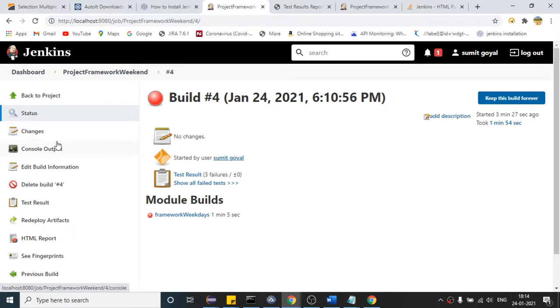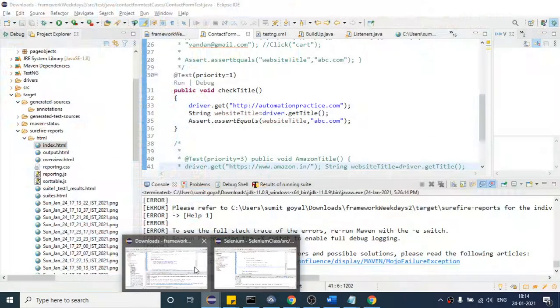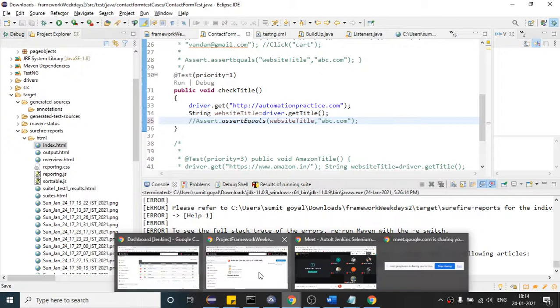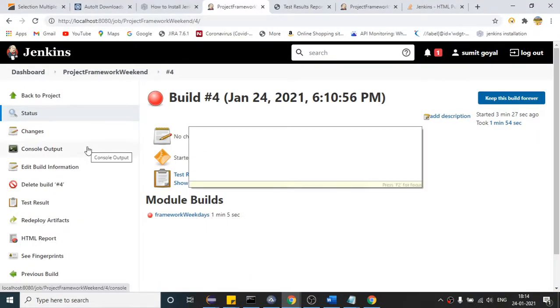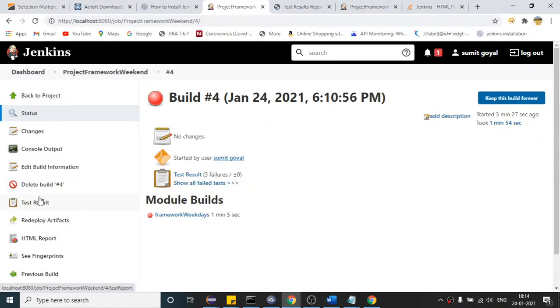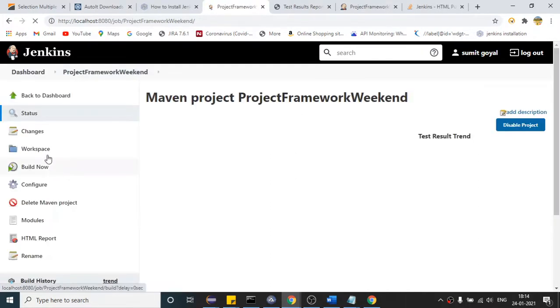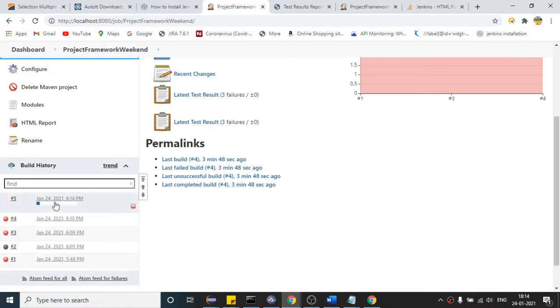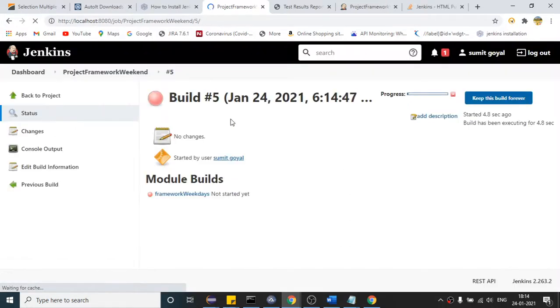right? So if I run it again, and this time let me do one thing, I will pass. So I will not fail any test case, right? So if I do not fail any test case, let us see how our report will generate. So click this one. Here I have to run my project. So build now. This time it will run very fast because only one test case. And it will also not fail. So this time we should not see any screenshot in our file, because we have written the logic in such a way that we only take the screenshot when our test case fails.